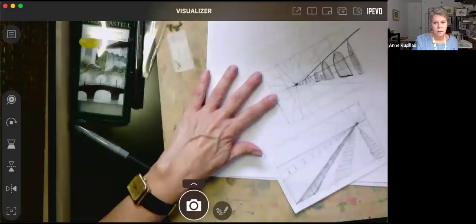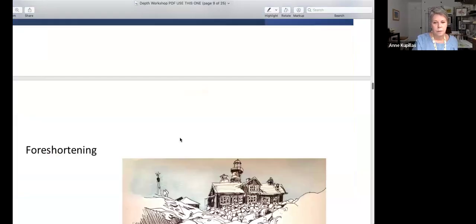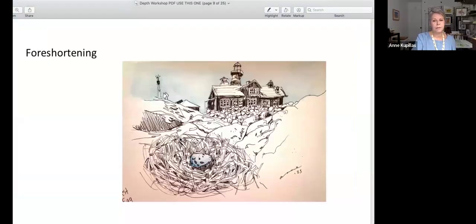Let's talk about scale, because it is a corollary to linear perspective. So we've kind of been hinting at it, right? We've also been hinting at foreshortening. So let's talk about foreshortening too. Foreshortening is when the object in the foreground appears almost super dramatically to come towards you and almost flatten out on the picture plane. So rather than seeing the side of this bird's nest, we're seeing almost inside it, like it's flipped up towards the screen. That's a technique that we can use foreshortening to really dramatically make it look like something is coming